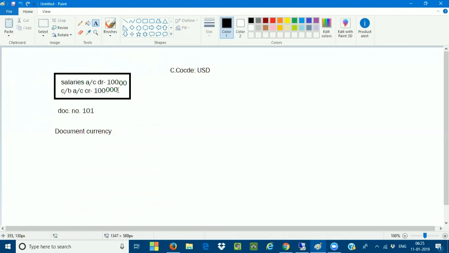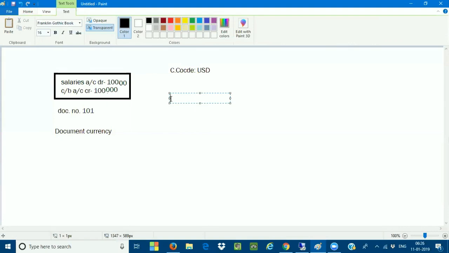The transaction currency here is INR. So 00 is called a transaction currency type. Okay, next one.